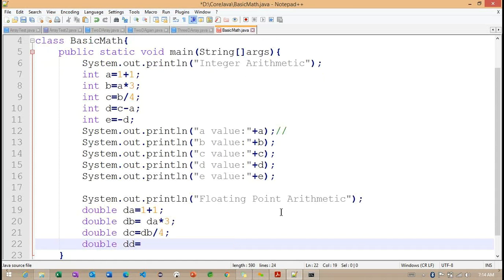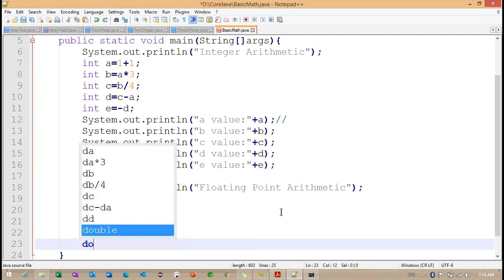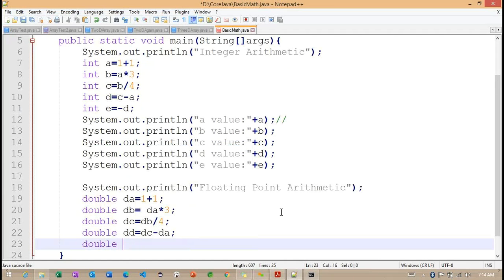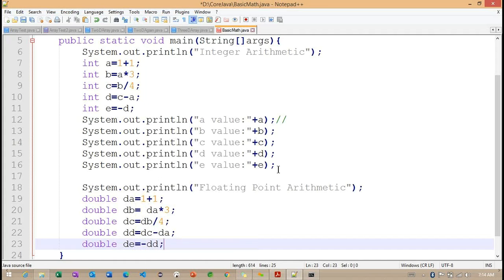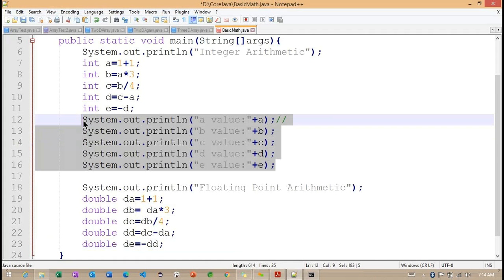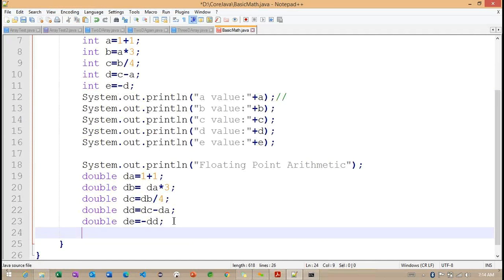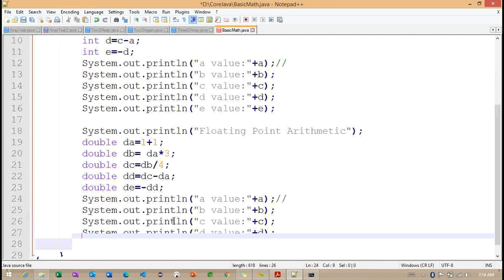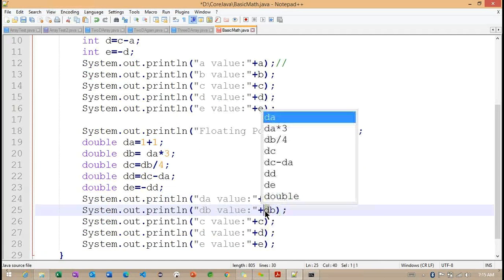And dd is equal to dc minus d. de is equal to minus dd. I want to copy all the values, and only the d is different here.